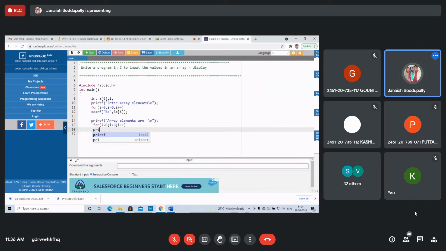If you want to give some space, a tab, between elements, then a[i], semicolon. That's it. This is for reading values, and the last printf statement is to display the elements.